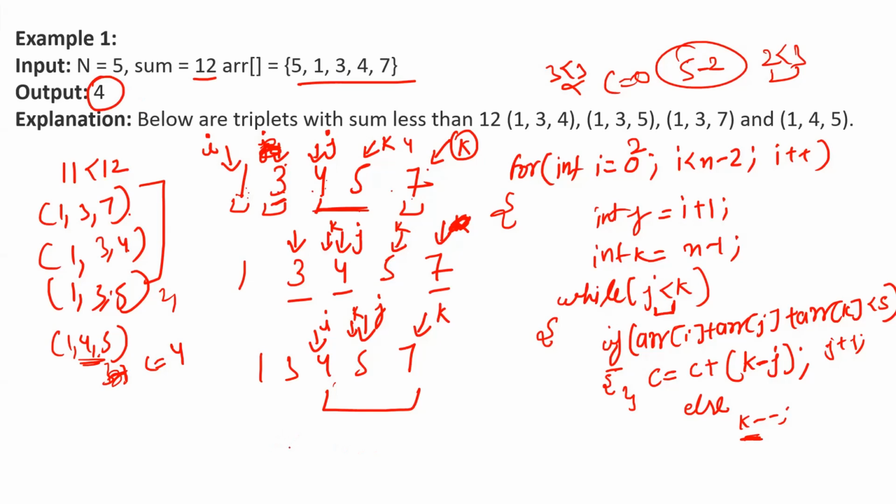Now, what is the time complexity for this approach? First of all, you have to sort the array, and then we are going to use a for loop and this while loop. So overall, the time complexity of this particular approach is what? Big O of n square, and hence we are satisfying the criteria. In the problem statement, it was clearly mentioned that we should come up with an approach with a time complexity of big O of n square, and also we are not using any extra space here, right?